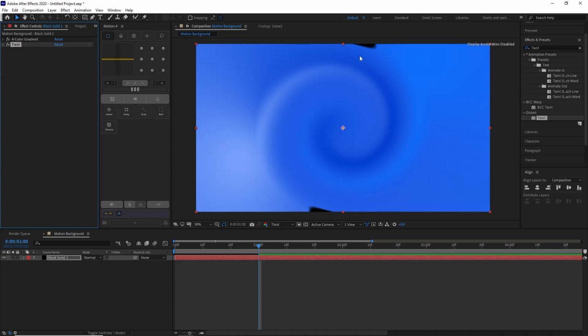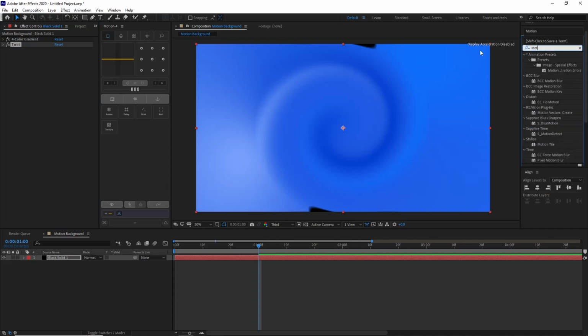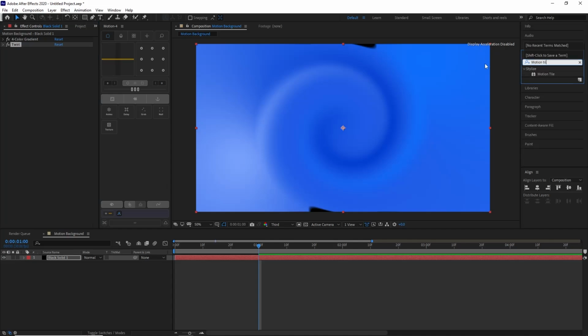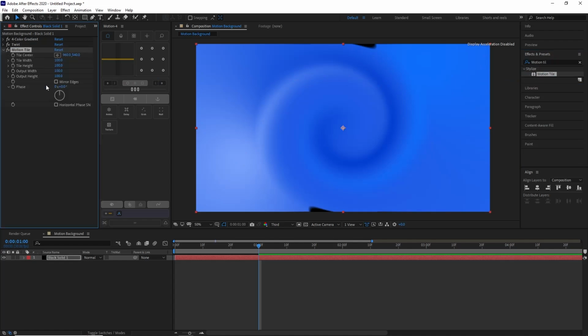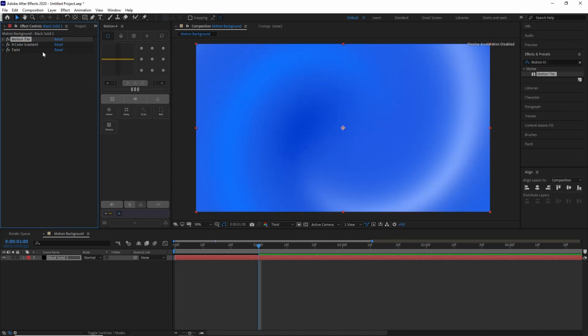So we have to remove this by going to the Effects and Presets panel, searching for the motion tile effect and dragging and dropping this effect here, and set the output width to 300 and output height to 300. Okay, now select mirror edges and drag this effect to the top here. So you can see these lines are gone now and the effect is